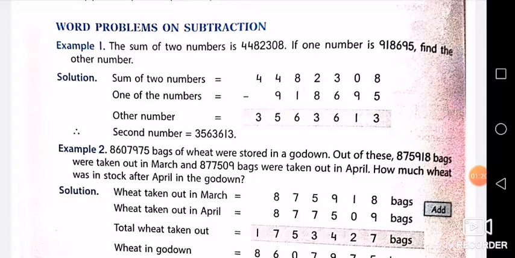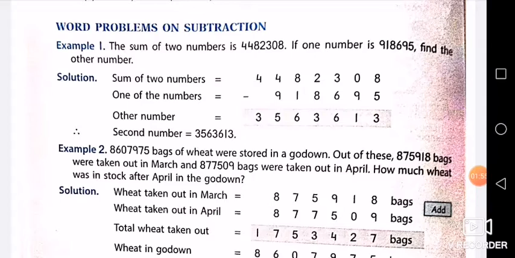Along with this, as we have done yesterday, a few of the questions also: production of this thing in this year is this much, production of the same thing in another year is this much. Find the increase in the production. So in that also, yesterday I told you that if it is given increase, what is the increase in the production and what should be added or subtracted, then also you are supposed to do subtraction only. In all these kinds of questions you are supposed to do subtraction only.